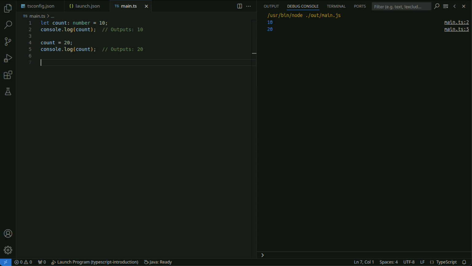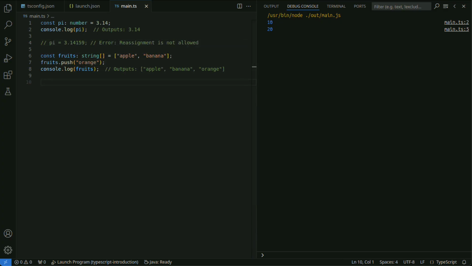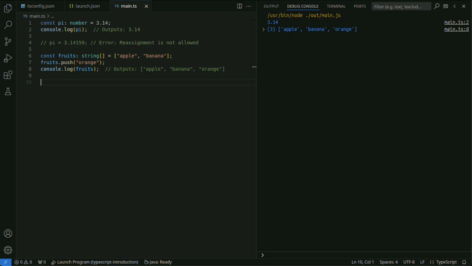Const cannot be reassigned, so the value assigned once cannot be changed. However, the contents of objects and arrays can be modified. Var has function scope and can be reassigned. However, ignoring block scope, it may cause unexpected behavior compared to let or const.